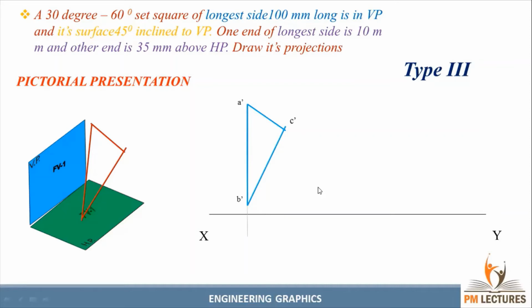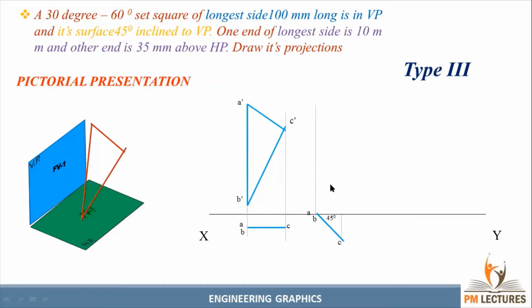Then you can project it. You can get the top view as a line and you can give the names A, B, C. So after done the projection, we can go for the second step. The second step, we need to draw the surface inclination in VP. So we can draw the surface inclination of 45-degree with VP for this distance A to C and give the names A, B, and C.